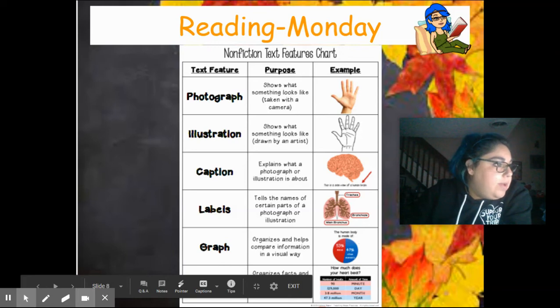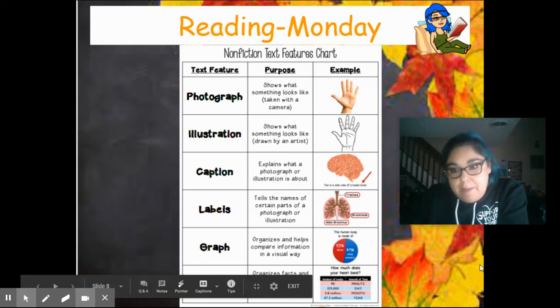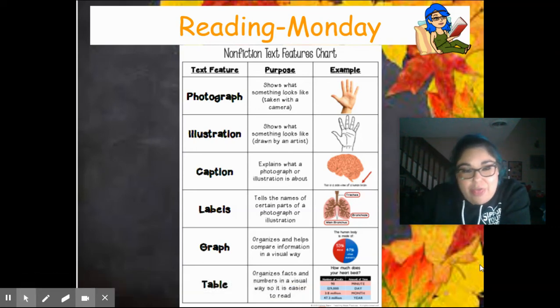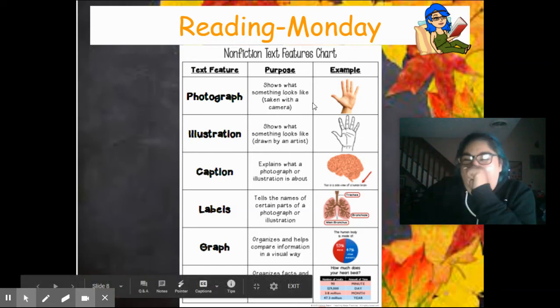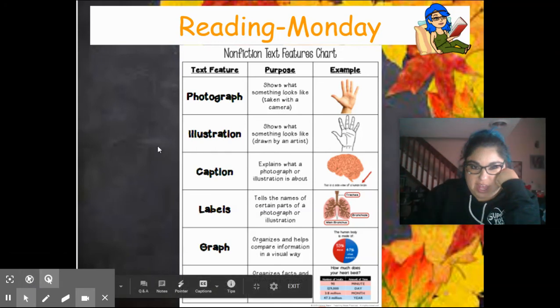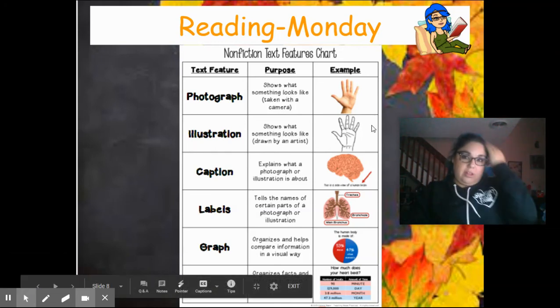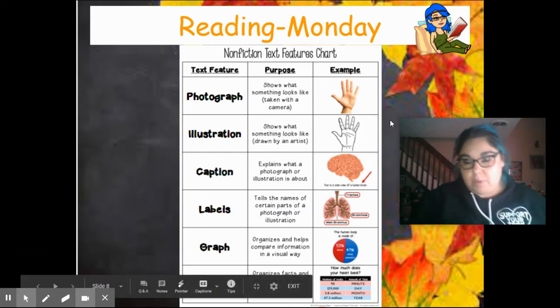And then we also have a table. This is a table. It organizes facts in different ways so that it's easier to read. We'll talk more about graphs and tables later on, but right now these are the big things that I want us to be looking for when we read nonfiction